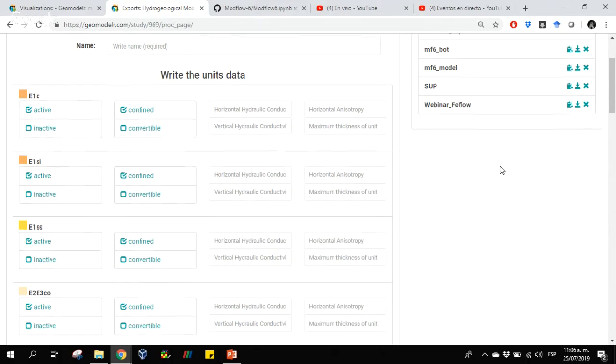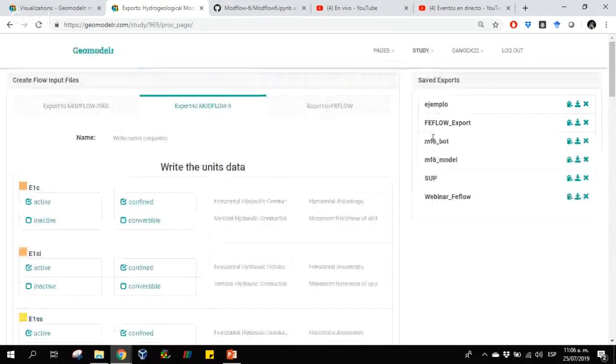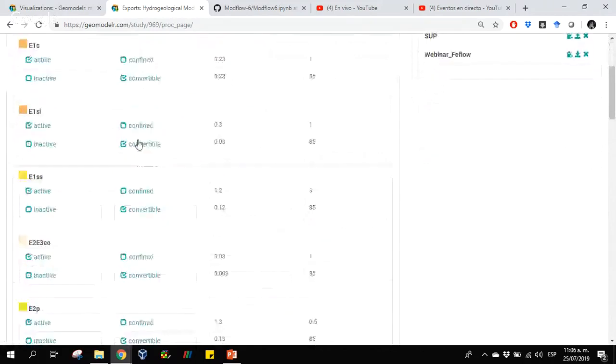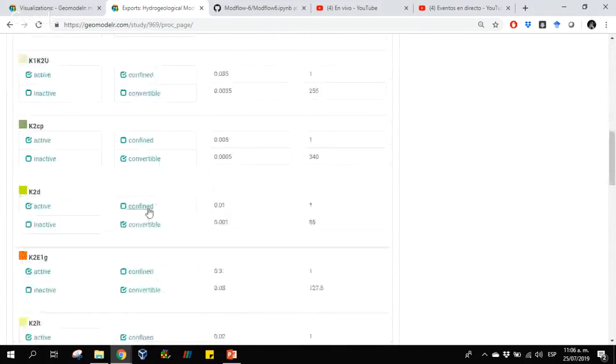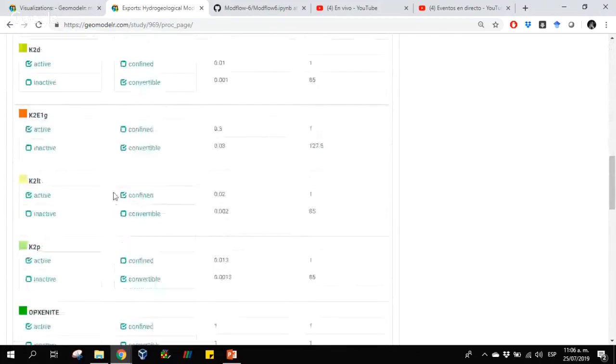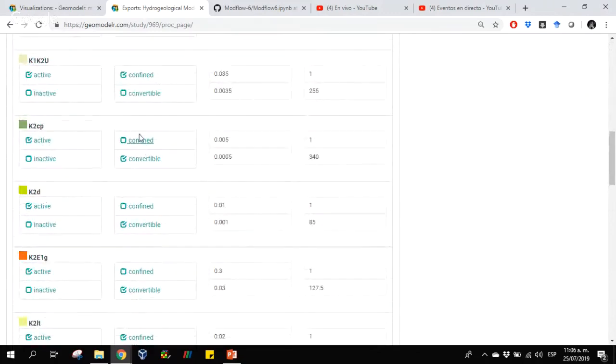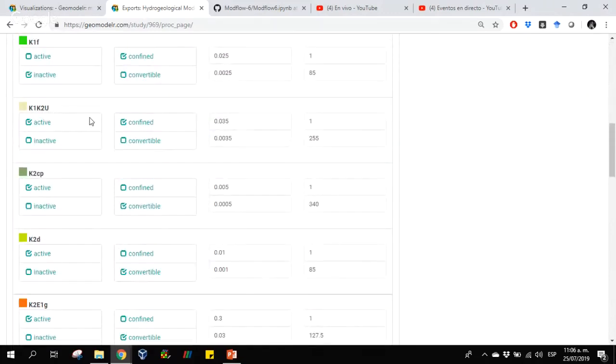So I'm going to load the parameters of a previous run. So we have an inactive unit, the K1F inactive, and we have two confined geological units, KLT and the K1, K2U